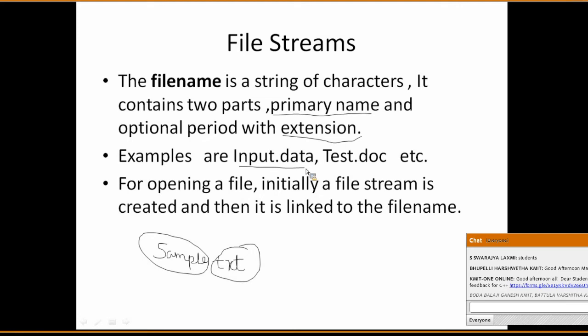And what is the optional extension we are having? That is data. The second one we have is test.doc. Primary name is test, and whatever we have after the dot is the extension name.